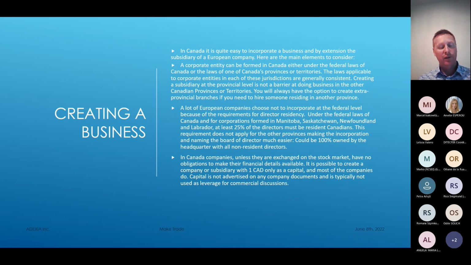One thing that's pretty important: in Europe, and I don't know what happens in every single one of your countries, but I know that in some European countries, having a capital is very important to show that your company is strong, because you use it to communicate on your different commercial and financial documents.